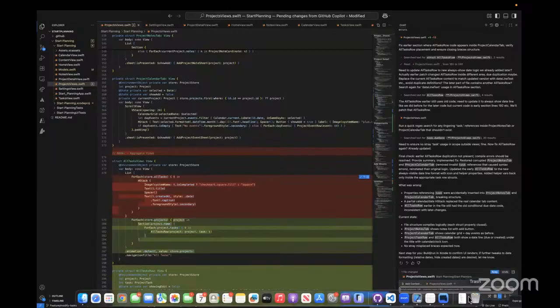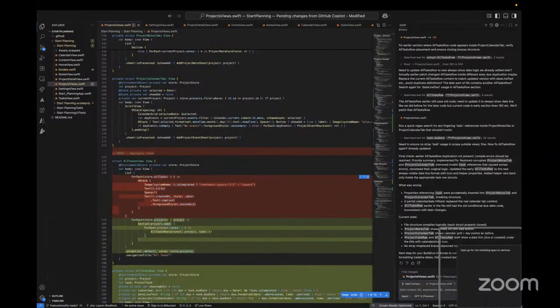So now, open Visual Studio Code, projects views Swift. Start planning. Oops. I'm going to write: when a task is being created,